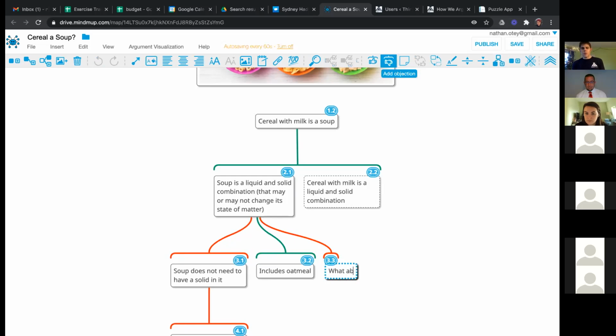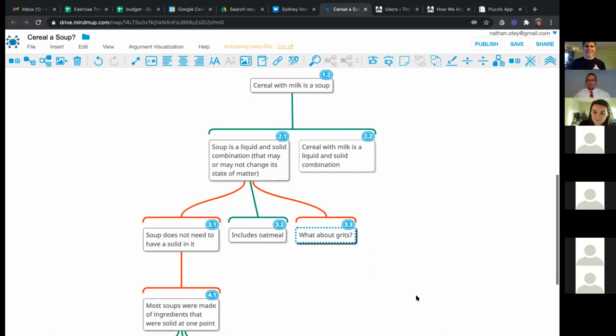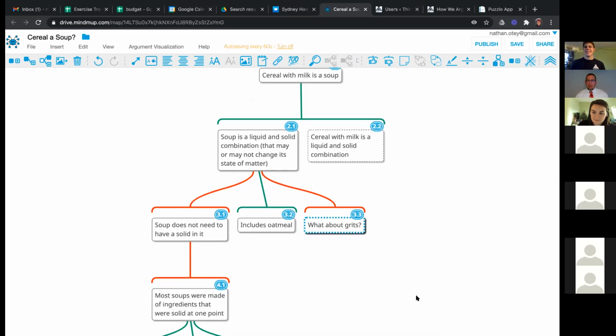All right, so Joe has placed another objection. What about grits? Does anybody want to respond to Joe's objection? Well, I can't remember the last time I had grits. I'm from Boston. I was going to say grits doesn't count because we're too far north, Joe. Grits doesn't count because no one would eat them. I would like to say that that's not a valid objection to my objection. We can't just ignore what's been put on the table here.